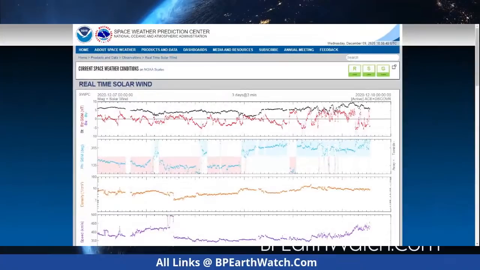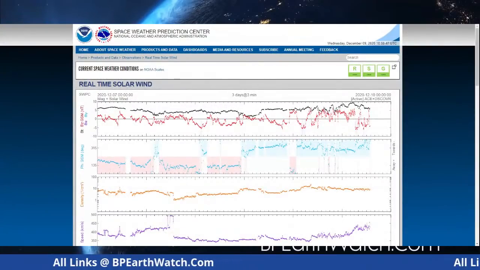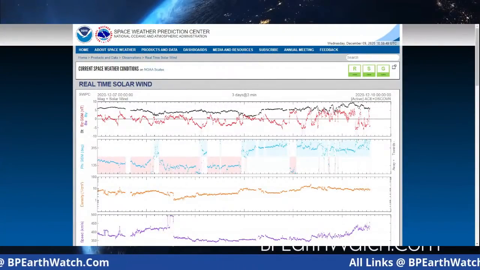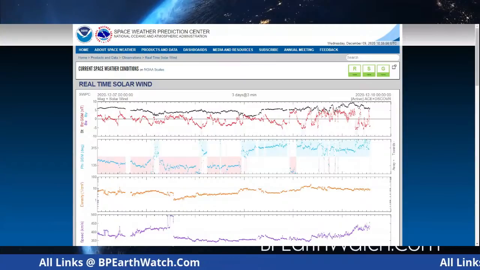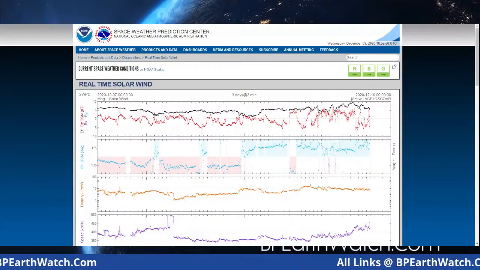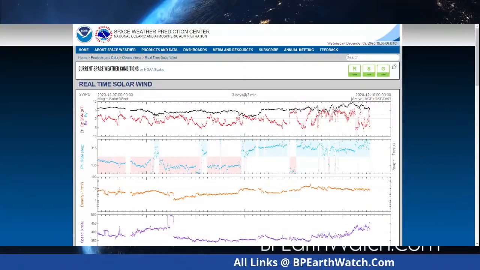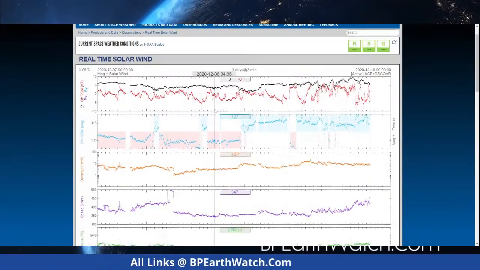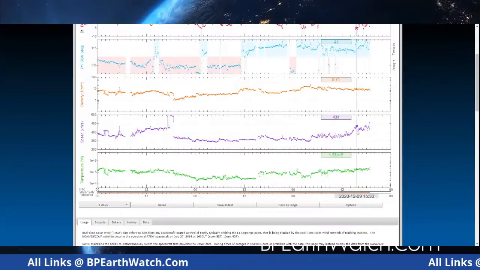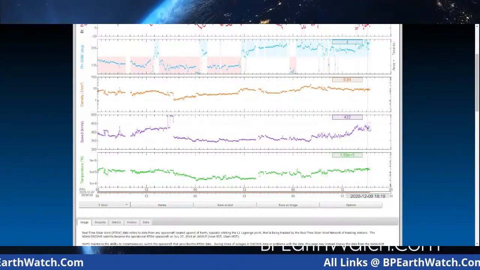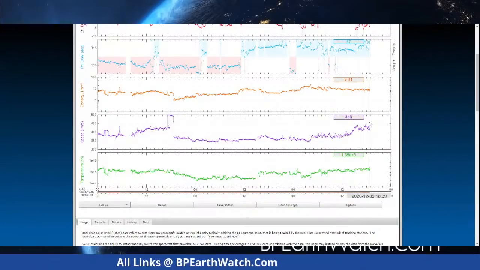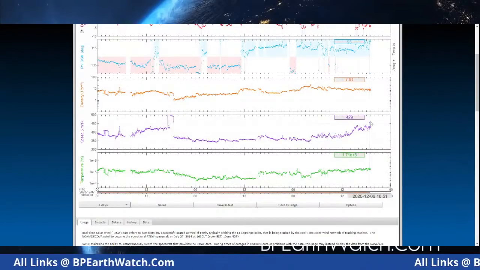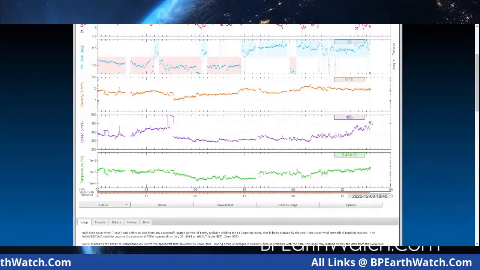Let me get this bigger. I'm sorry, guys, I kicked it out. And you can see here's that peak we just saw dropping, going back and forth between 450 and that area as far as solar wind speed. That's expected to double. Let me pull this back, get it down. Here's your temperatures. But 431, we saw it drop off. We saw that peak a few minutes ago, 430, 455. Here is your biggest peak right there, 456.